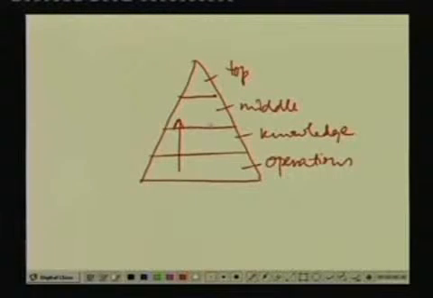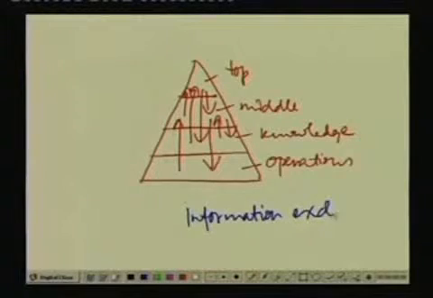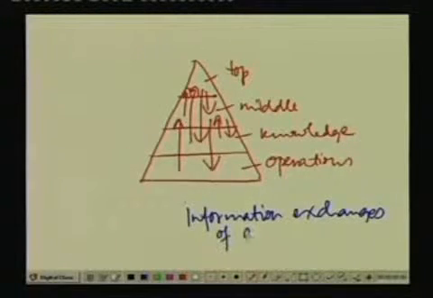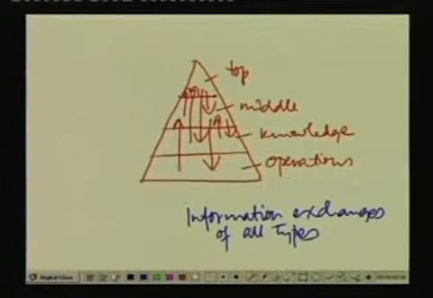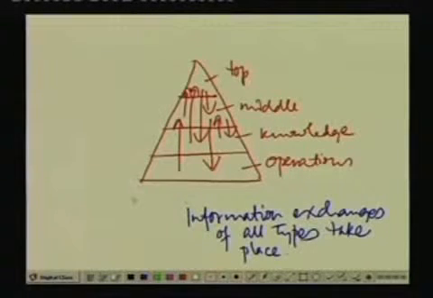So as you can see, there is a continuous interchange of information of various kinds from operations level to middle level and vice versa, knowledge level to middle level, knowledge level to top level, middle level to top level. Information exchanges of all types take place. So when there are so many different types of information exchanges, at the operations level there are a huge number of